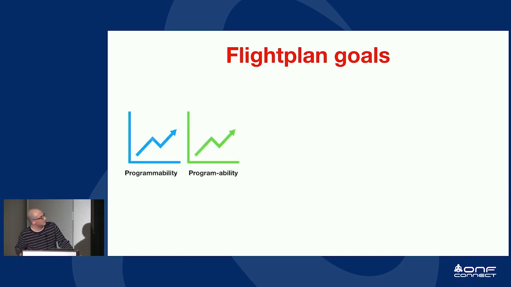So one of the goals is to have a bigger synchronization between the potential of the network to be programmed and the ability of programmers to do the programming, and also operators to run those programs in a way that doesn't get them tangled up too badly. Here, the secret sauce lies in automation. So we need to find a clever way of using automation to our benefit. We don't want to have programmers wasting their time writing tedious code, which is potentially buggy. So how do we find that sweet spot to support programmers and operators?